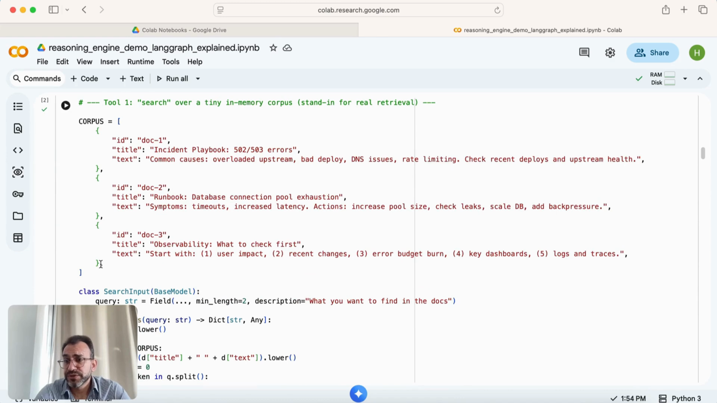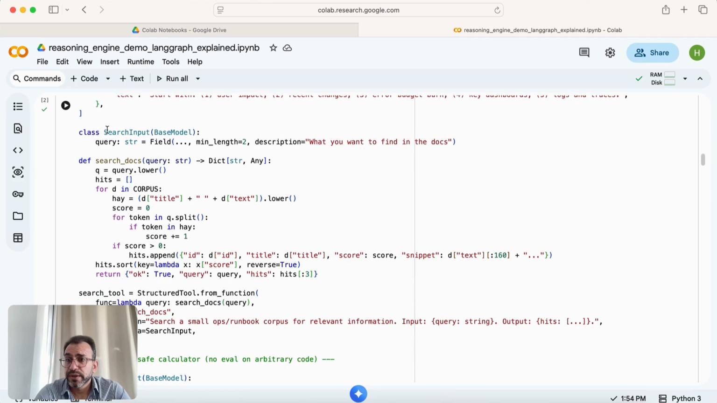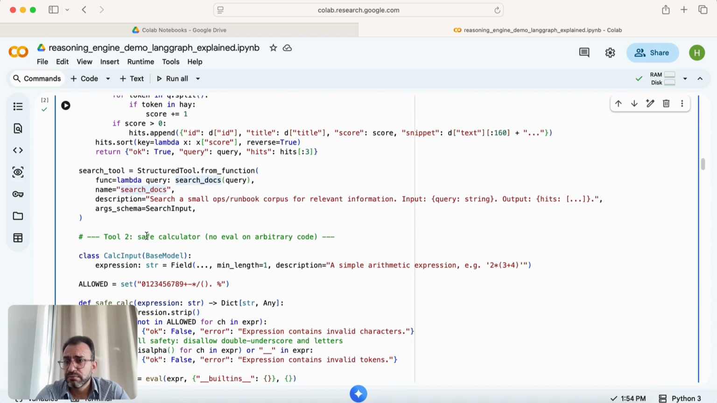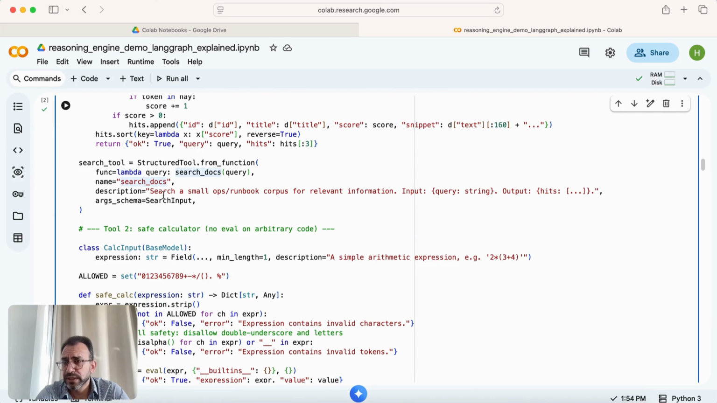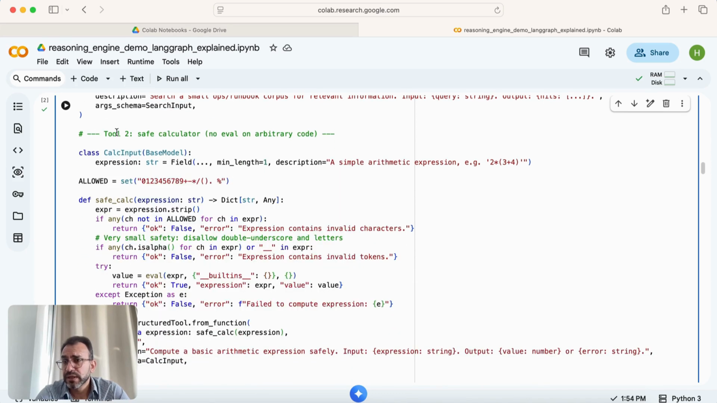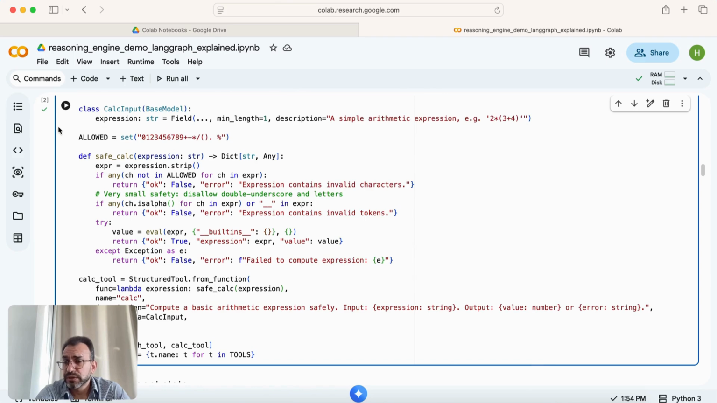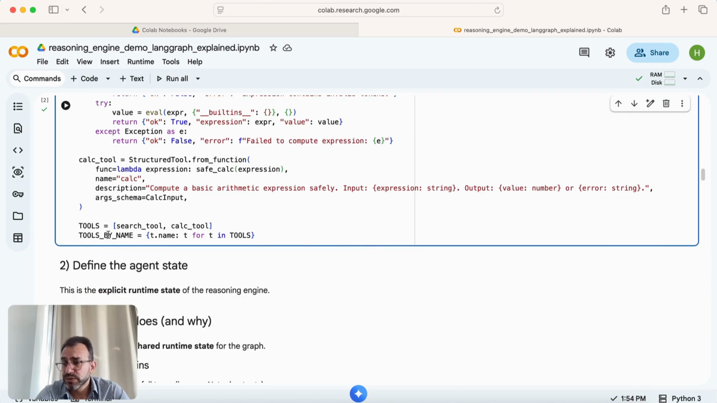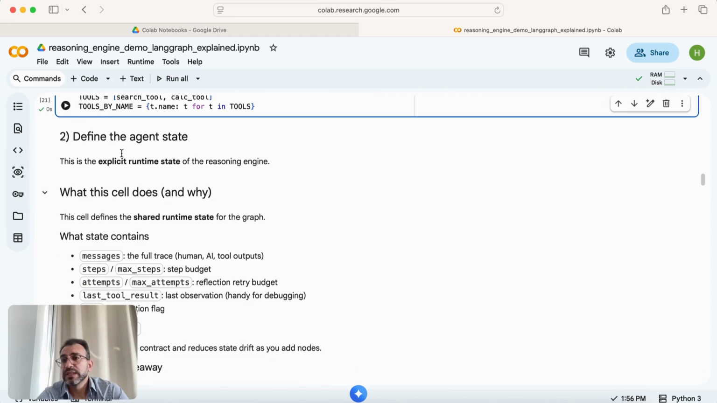As you see here, first we define the purpose, and then we define our search input as a well-defined, structured input, and then our tool search docs. It goes in the corpus, invokes the search in the documents and returns the results. Then our calculator, again with the input for the calculator and certain allowed characters, and we define our calculator as a tool, and we map the tools with this list. Let's execute here, and then we will define the